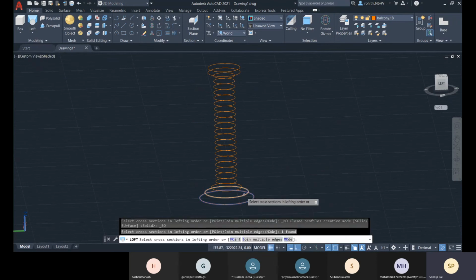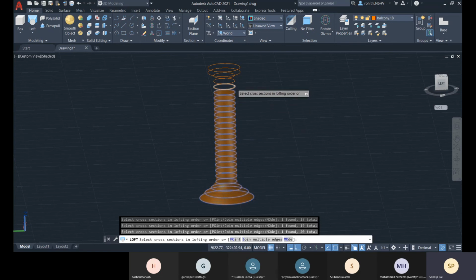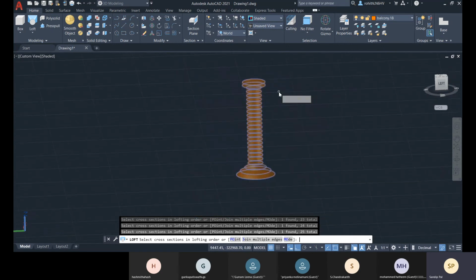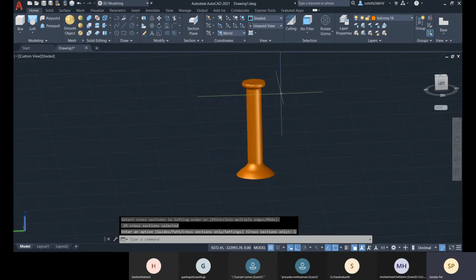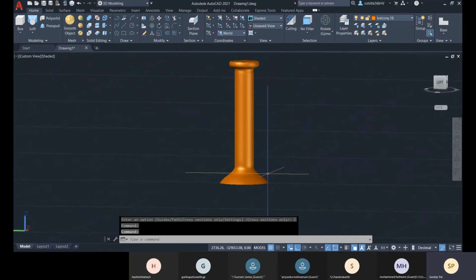This as first profile, this as second, this as third, this. And you press enter, and that is cross section only, and this kind of profile is created right now.